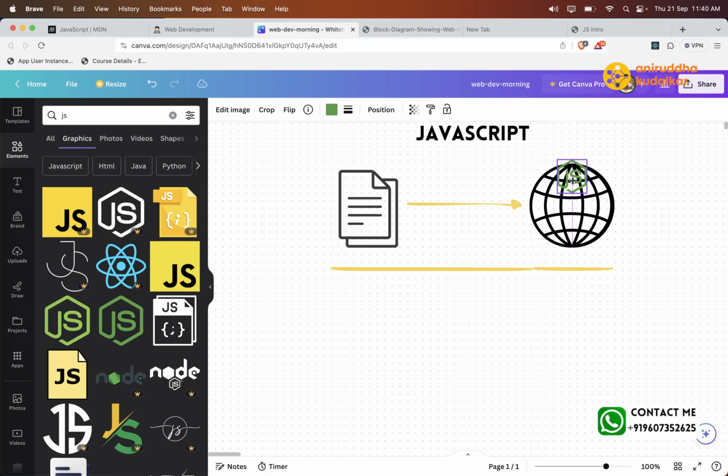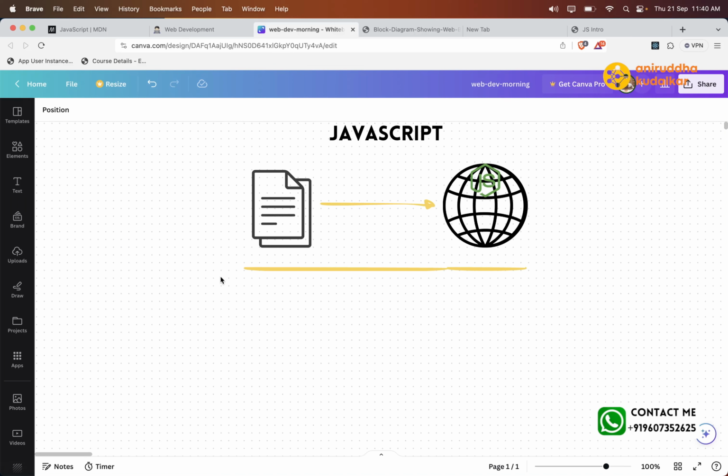This is the browser, and inside the browser there is the JS interpreter, right? So some smart developers did one magic. They said let's extract this interpreter outside,